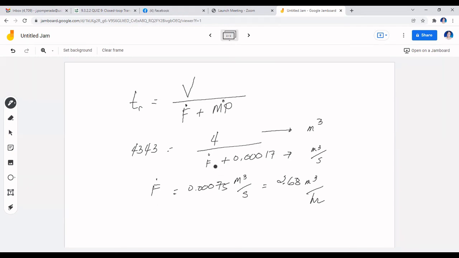Now, inside your crystallizer is a suspension consisting of the mixed product that is continuously removed and that of the clear liquor that is continuously also fed into your crystallizer. So that is why in here in your denominator, you have the sum of the two. So this will give you this value of the clear liquor flow rate. So you have 0.0075 cubic meter per second. This would be quite small considering that this rate is per second. But if you convert this to hours, so it's more or less acceptable now with 2.68 cubic meter per hour